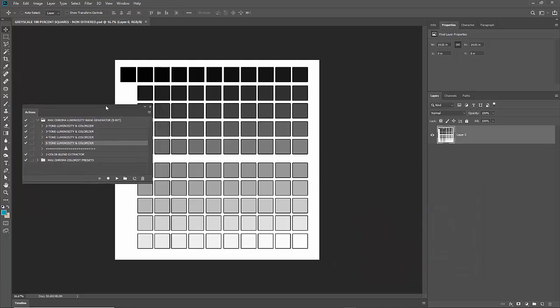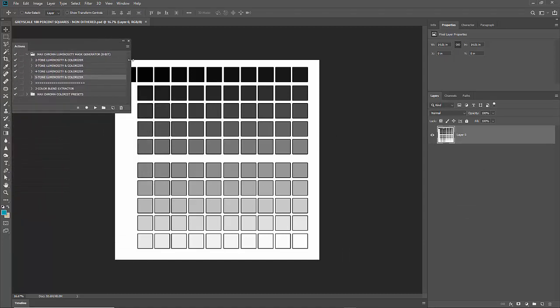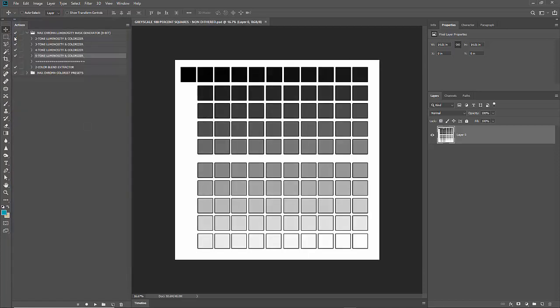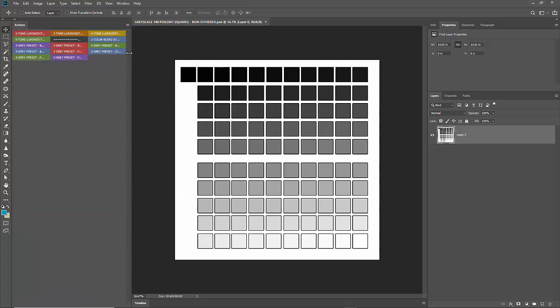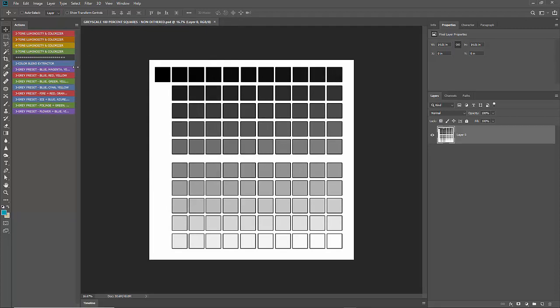Okay, this I'm going to start with first, just to show you what the actions do, what some of the buttons do in the action here. And if you want to look at these things as not clicking an action, hitting play down there, and you want to go to button mode, you can see right there, you can click on these just like it's a button. So if I have this open and I say 2-tone luminosity and colorizer,